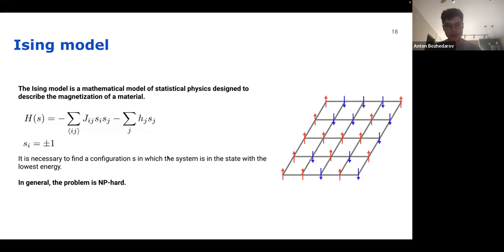And when we have a device that exactly corresponds to solving this model, we set up all the magnetic fields for this particular device and find the energy configuration of the spins, so we could solve a computational NP-hard problem. Does it mean that we could solve NP-hard problems efficiently? Of course not, because there are a lot of additional